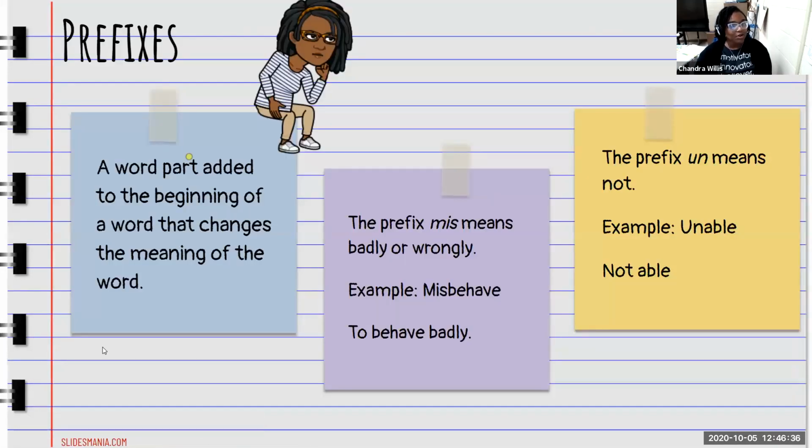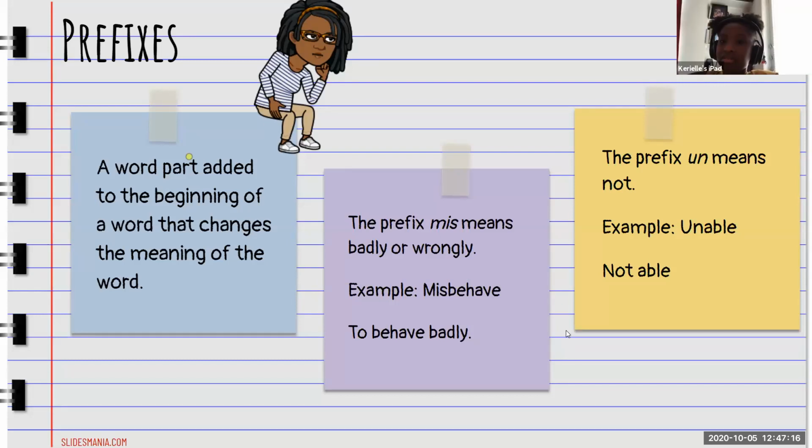All right, my wonderful scholars, let's review. Last week we talked about prefixes. So I want somebody to raise your hand and tell me what a prefix is. I saw Khalees' hand go up. Khalees, what is a prefix? Unmute your mic. Go ahead, unmute your mic. She's having some trouble unmuting. Let's get somebody. Okay, Cariel, can you unmute your mic? Tell me, what is a prefix?